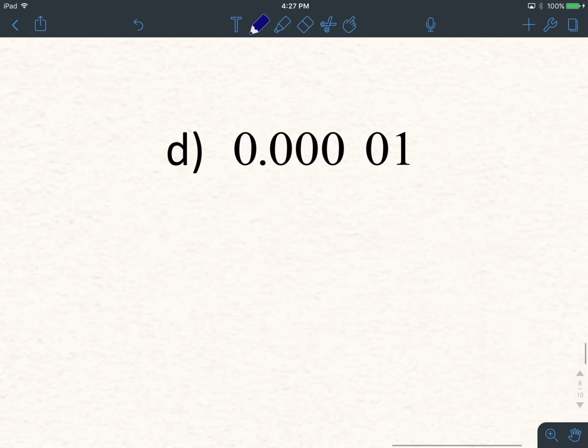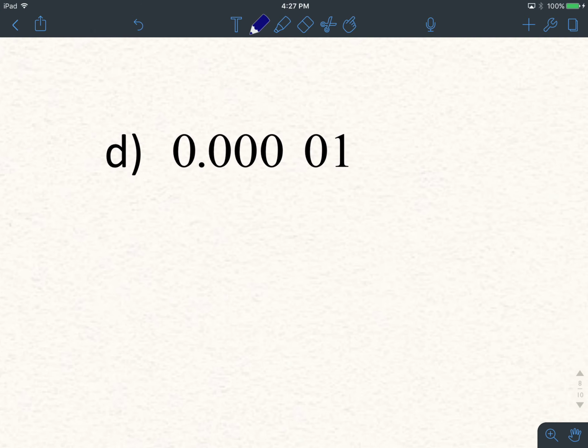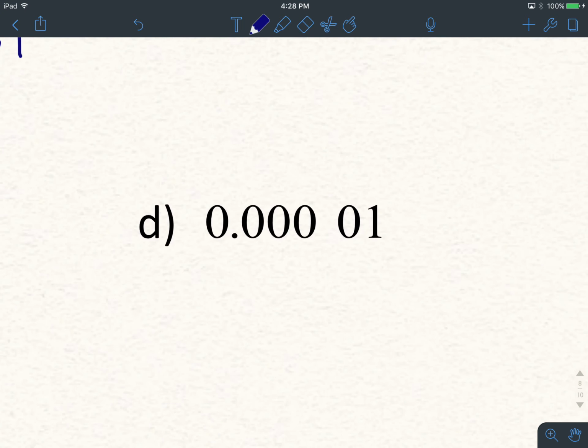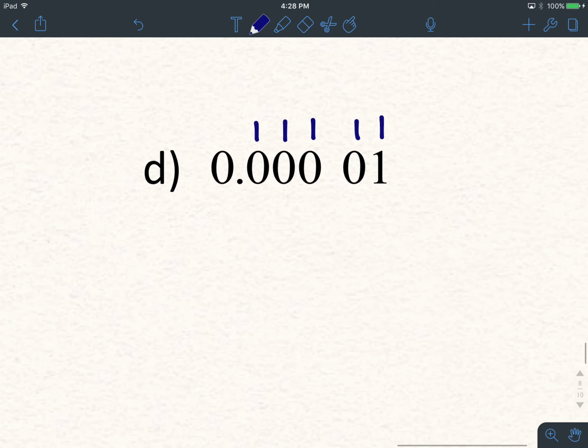Fourth example, this one's a decimal and it's gross. So can we figure out how to turn this into a fraction? Because that we can do. We can by counting our place values here. So this is going to be tenths, hundredths, thousandths, 10,000ths, 100,000ths. So that's going to actually be 1 over